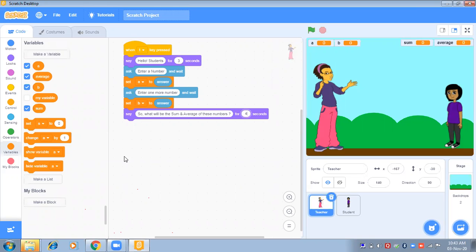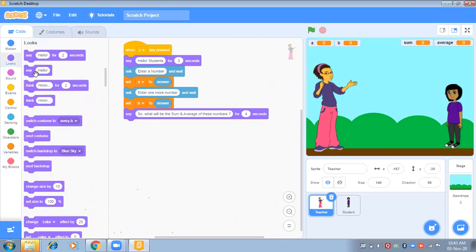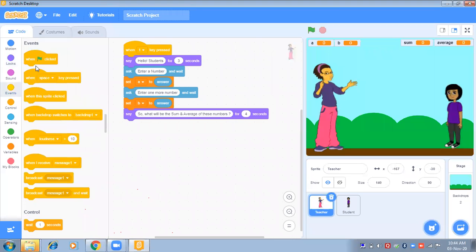Okay. Now the last thing: because now the student is also replying, after that the student should also get some motivation, whether his answer is correct or not. So we will go to events again, and this time we will drag this block, when this sprite is clicked. It means when you click on the teacher, she will say very good or excellent to the student, whatever message you want to give.